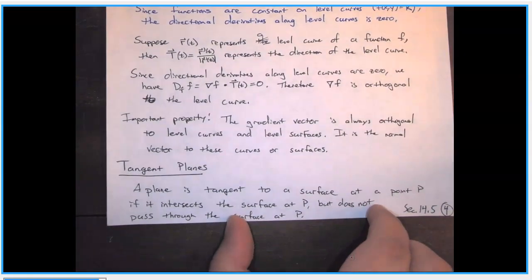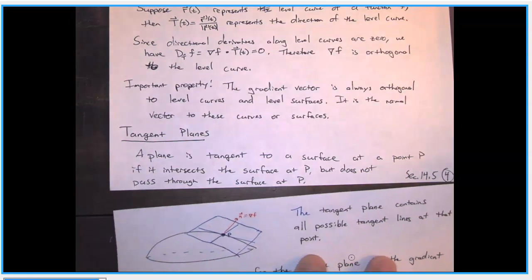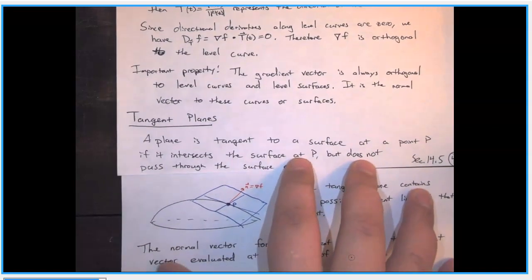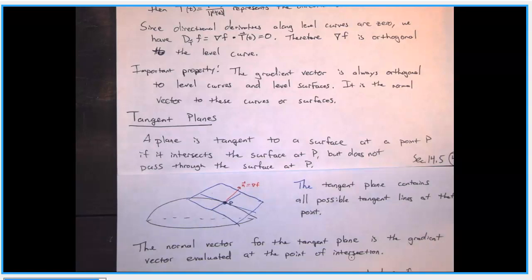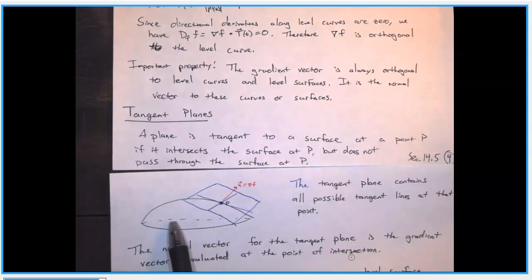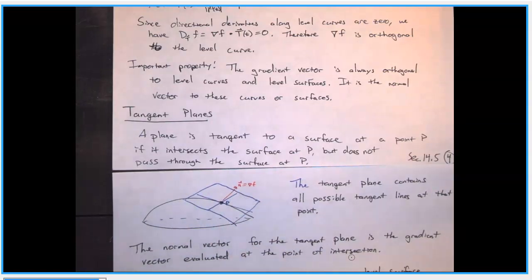So a tangent plane is a plane that is tangent to a surface, right? Just like a tangent line. So it intersects the surface at one point and does not go through the surface near that point. Right? So here's a crude drawing. If this bubble is my surface, I pick some point and I draw this plane that's tangent to the surface